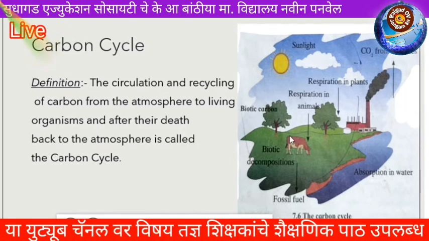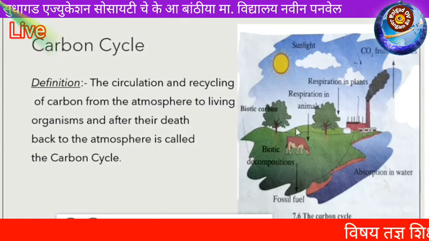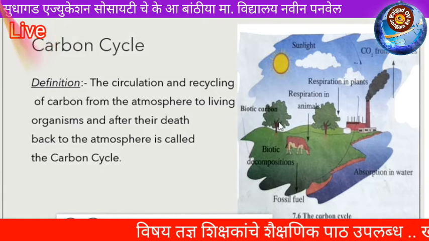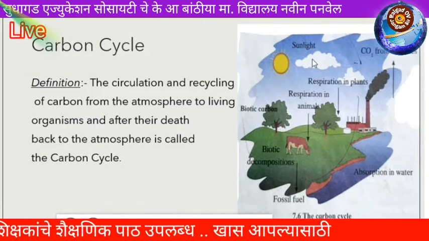After the death of plants and animals, the decomposers, like fungi and other microorganisms, decompose their bodies. They convert their bodies into simple carbon compounds, and these are easily absorbed in water mixed with soil and again taken up by the plants. In this way, abiotic carbon is transferred into living organisms, and after their death is taken by the plants and released into the atmosphere.